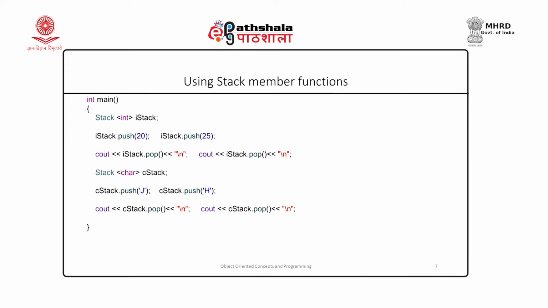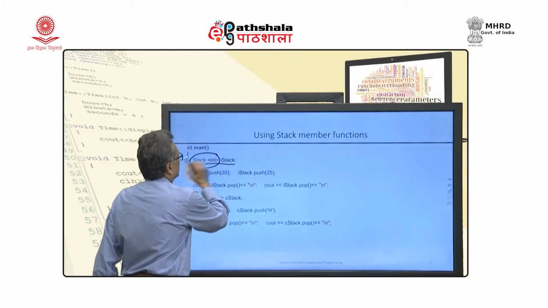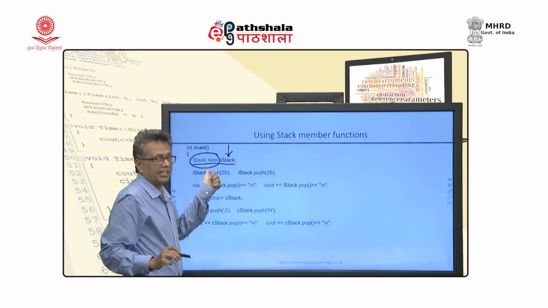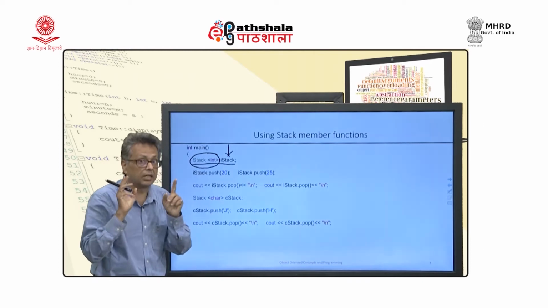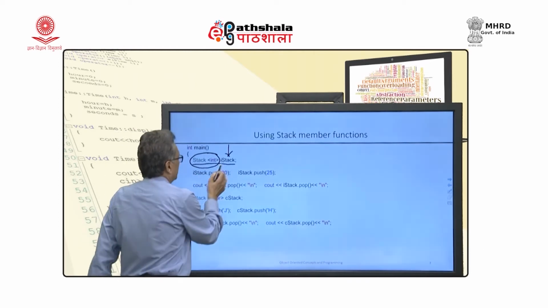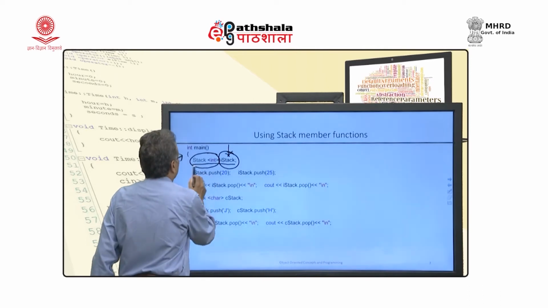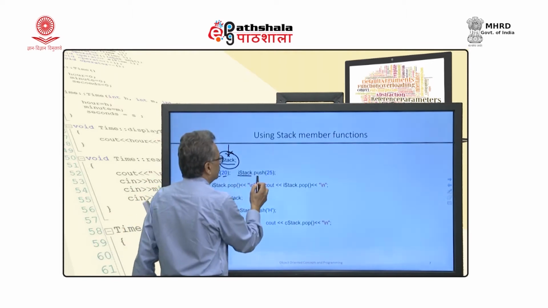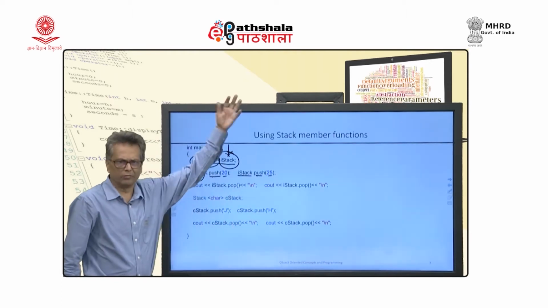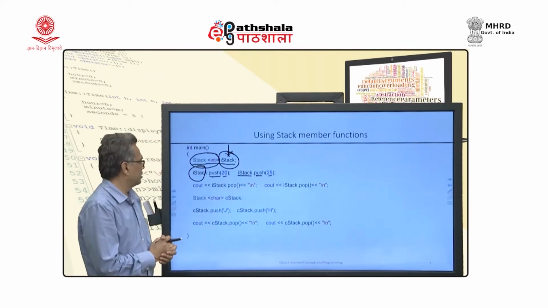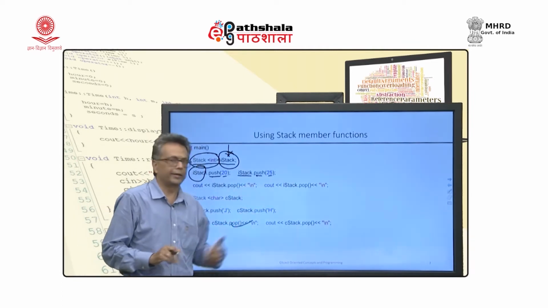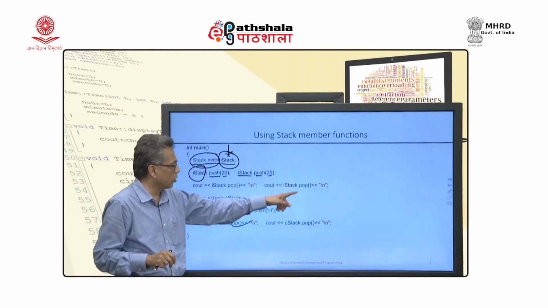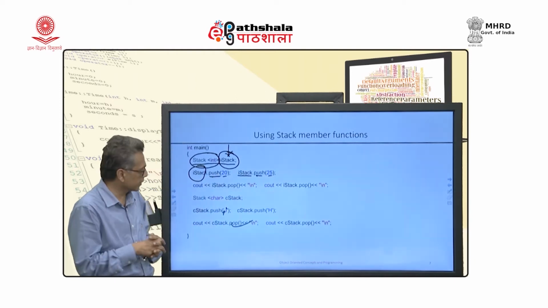See, I am defining a stack class. See this definition. This is a class name and this is the object. Class name, please understand, stack is not a class, stack int is a class. And now iStack has become an object. So, I can call iStack's push function with value 20 and then call iStack's push function with value 25. I could have added many more. And then I call pop and then again I call pop. What will it do? The first will return 25, the second call will return 20. So, that is the job of a stack.